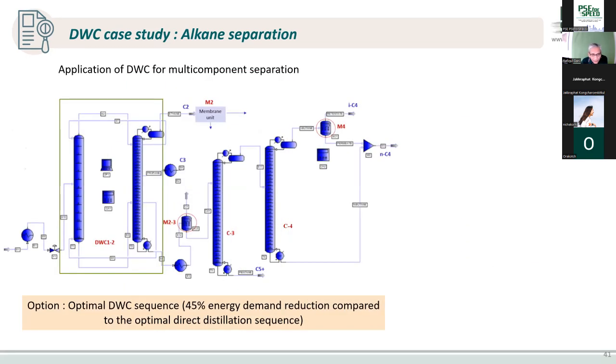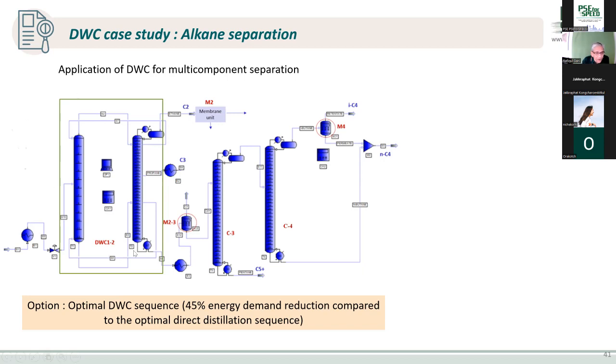So we looked at all combinations, and it turns out if we combine these two together, and then with the ethane purity, if we reduce the reboiler duty on this column and put a membrane, we save energy 45% compared to the original. So it's a big saving possible. So the only difference is that the dividing wall column, what is the cost of the dividing wall column compared to the cost of these two? But the saving is quite large.